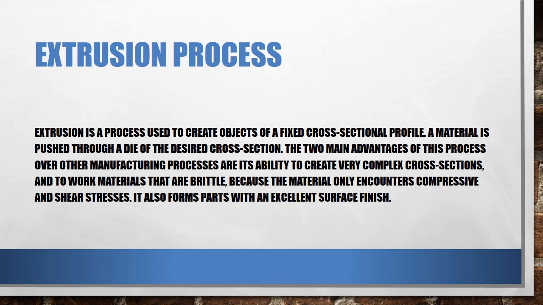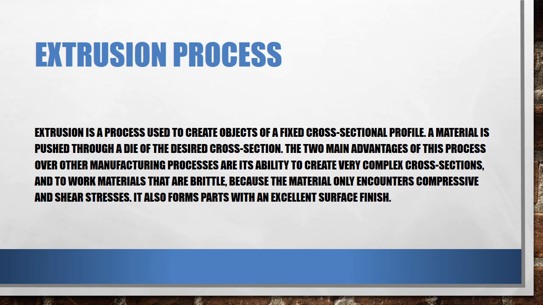Extrusion process. Extrusion process is a process used to create objects of fixed cross-sectional profile. A material is pushed through a die of the desired cross-section. The two main advantages of this process over other manufacturing processes